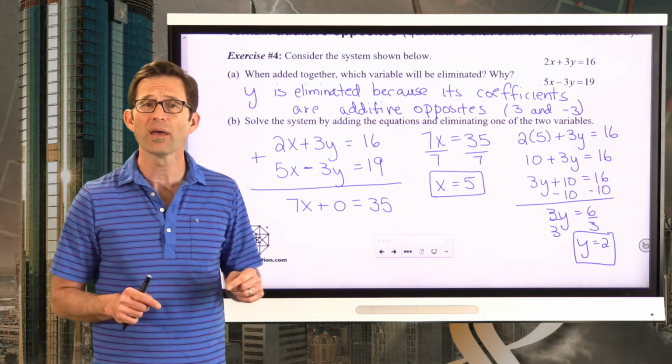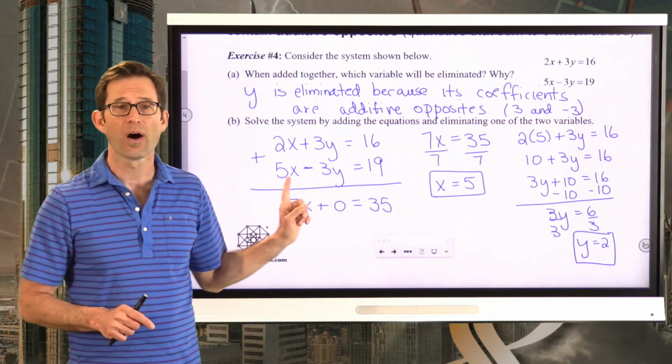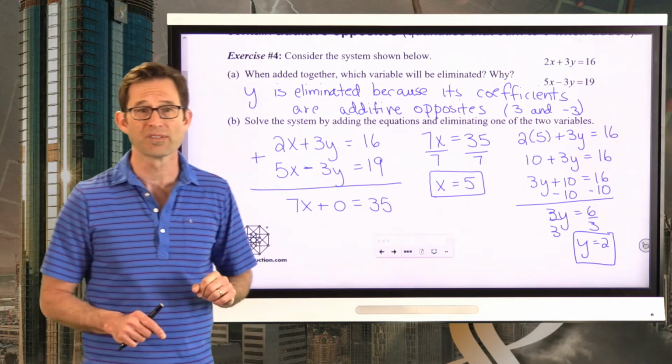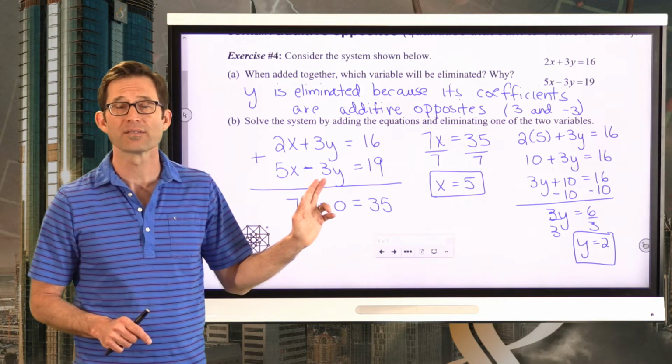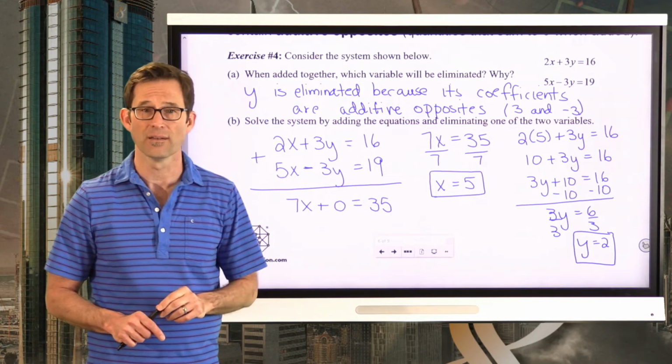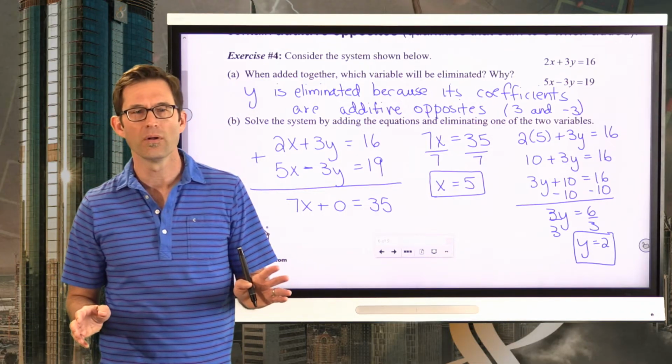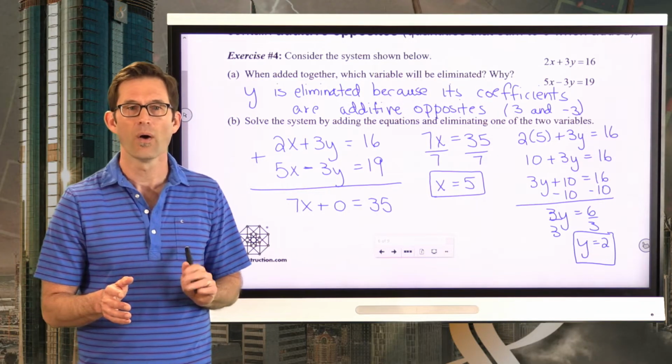I could even probably do that mentally. I'd have 5 times 5, which would be 25. Then I'd have 3 times 2, which would be 6, and 25 minus 6 is in fact 19. Now, if you're really comfortable and understanding what's going on, you might have a